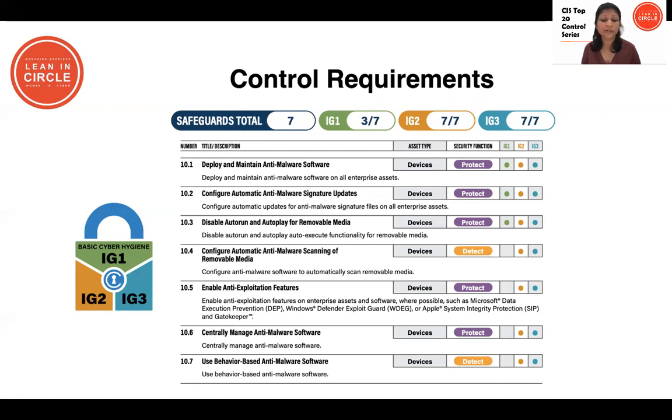These will require more effort by security administrators, but it is well worth it to really be able to tackle malware from all perspectives and look at more advanced malware techniques as well that don't rely just on signatures. 10.4 is about configuring anti-malware software to automatically scan removable media, such as flash drives. 10.5 is about enabling anti-exploitation features on enterprise assets and software, such as those that are built into Microsoft and